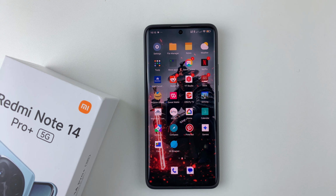Welcome back. In this video, I'll show you how to enable a call waiting notification on your Redmi Note 14. So I'm using the Redmi Note 14 Pro Plus, but the same steps should apply for the other Redmi Note